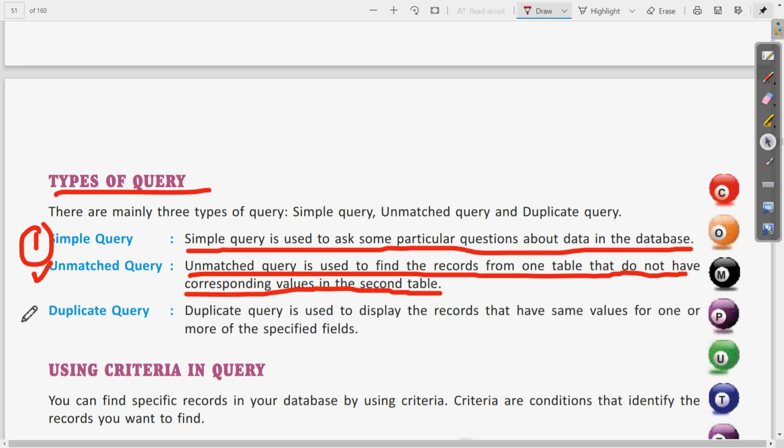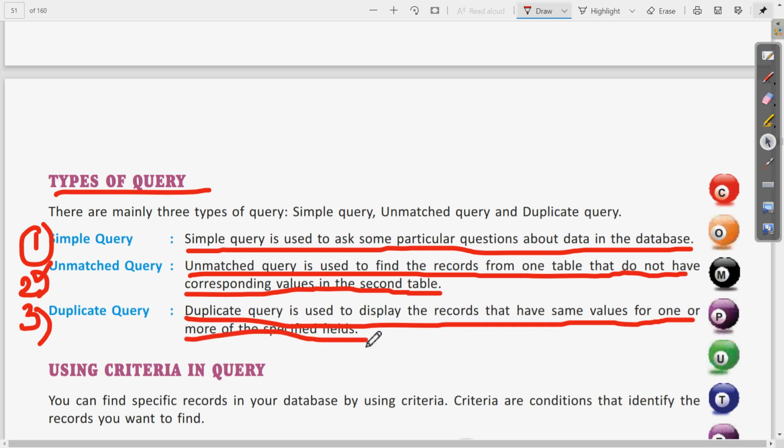Then the third type of query is duplicate query. Write the definition that duplicate query is used to display the records that have the same values for one or more of the specified fields. Clear? This way you can complete the answer.